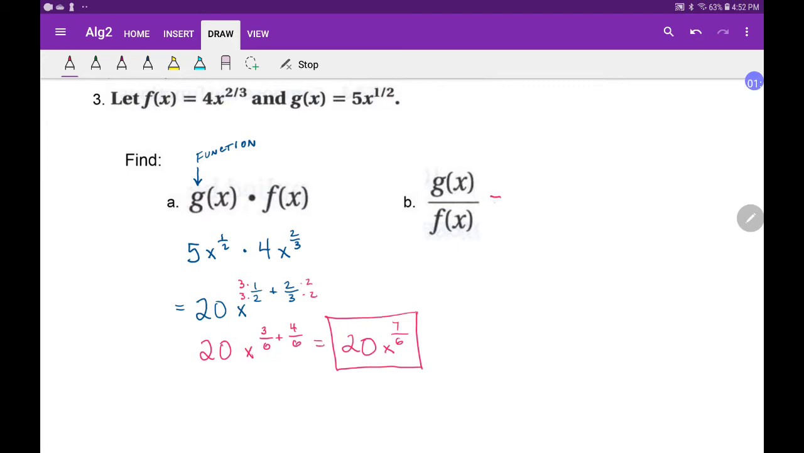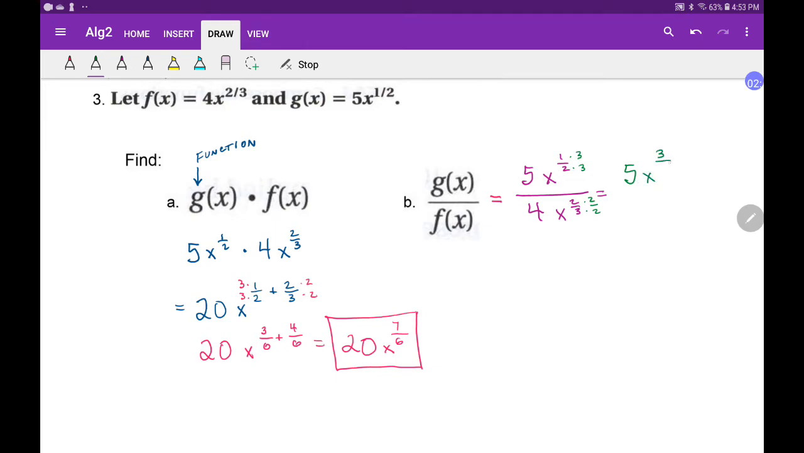All right, so you will not be surprised now when I tell you that g of x over f of x is 5x to the 1/2 over 4x to the 2/3. And once again, I need common denominators, and I think I can go over here and show what happened last time. Well, let me go through the details. Times 3, times 3, times 2, times 2. And so I get